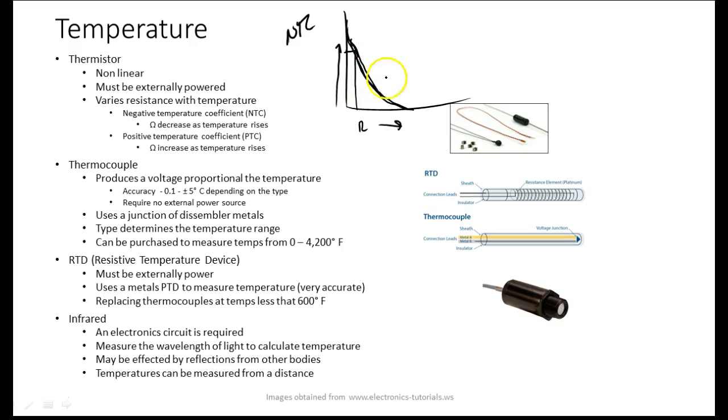Normally what we do, though, is we use these over a narrow range. If I use these over a narrow range, then we're looking at a slope that is almost linear, right? You understand that? So these are used a lot in houses. If you've got a digital thermometer or a thermostat in your house, I guarantee you it uses a thermistor. But your range,